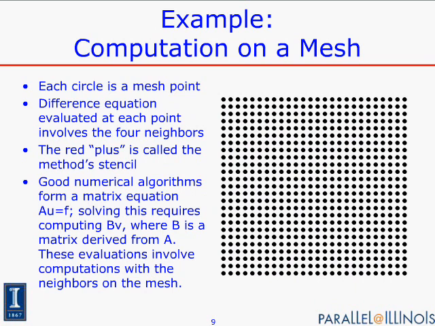And when I'm applying my equation, I will need to look at values that are nearby, and I've just put up a little red plus. This is called the stencil that indicates when I'm doing my computation, I need the data at the center of that plus and data from just the neighboring points. In a sequential code, this is very easy to write. I would use a for loop in C or a do loop in Fortran to write this out.